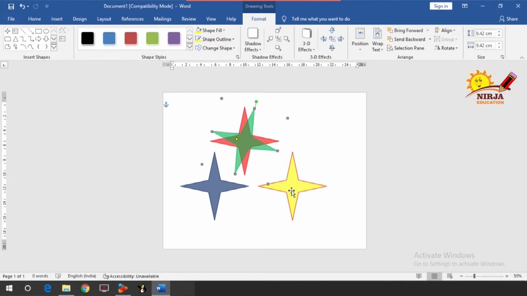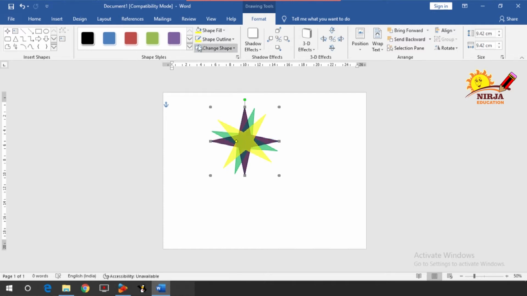Then take the yellow one, place it over here, click on the green button and drag it. Take the blue one, place it over here, click on the green button and drag it.